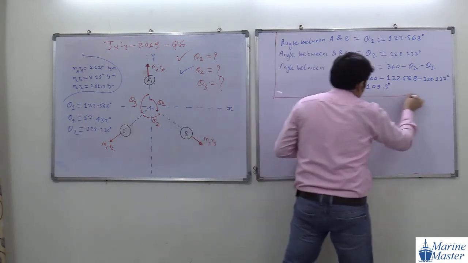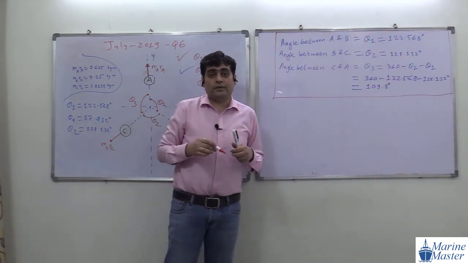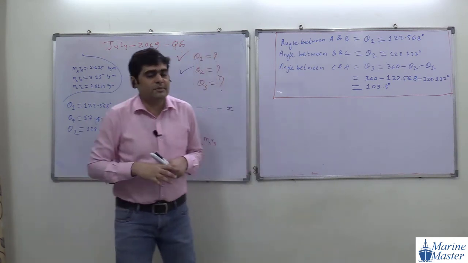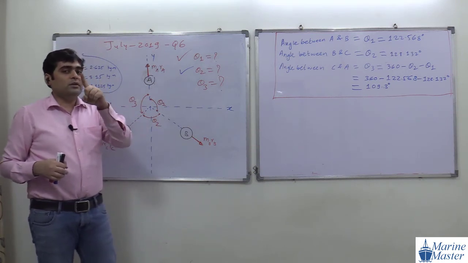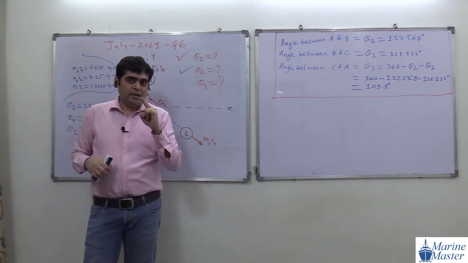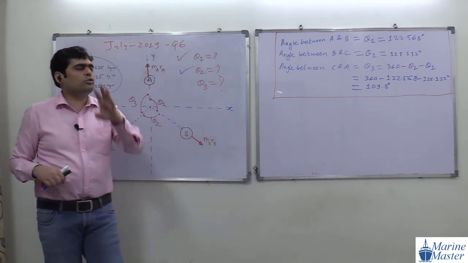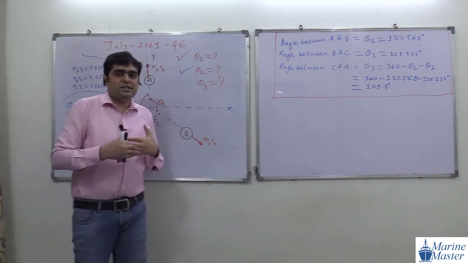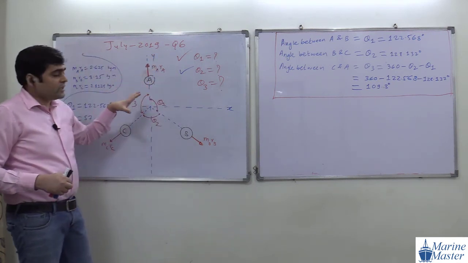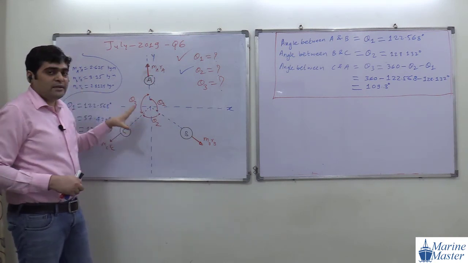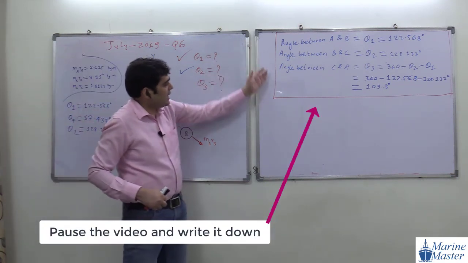See, one of the easiest questions. The only point we need is that if any coplanar concurrent 3-force system is in equilibrium, they will form a closed triangle. This is the point we have to remember. Second point, cosine rule, and third point, sine rule. Only these three things we have to memorize, and we thoroughly applied them. First, the equilibrium condition for a coplanar concurrent 3-force system; second, we applied the cosine rule; and third, the sine rule. Okay, so please write down these final answers for this question.